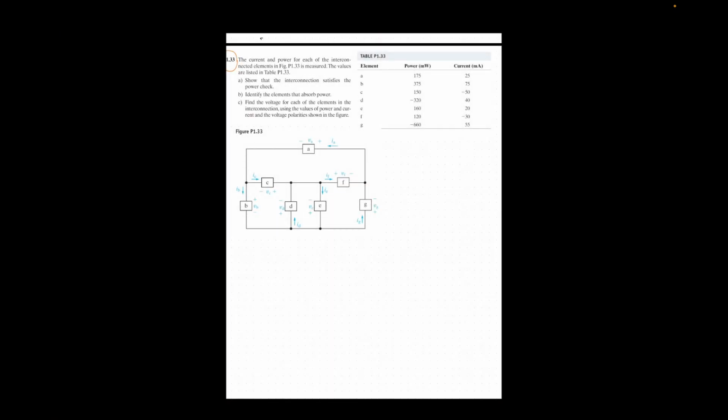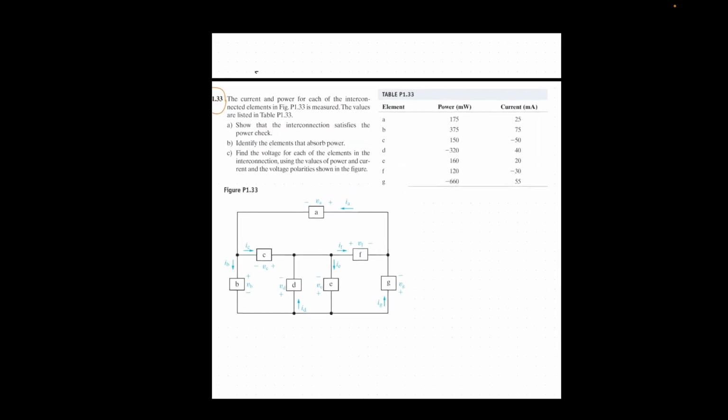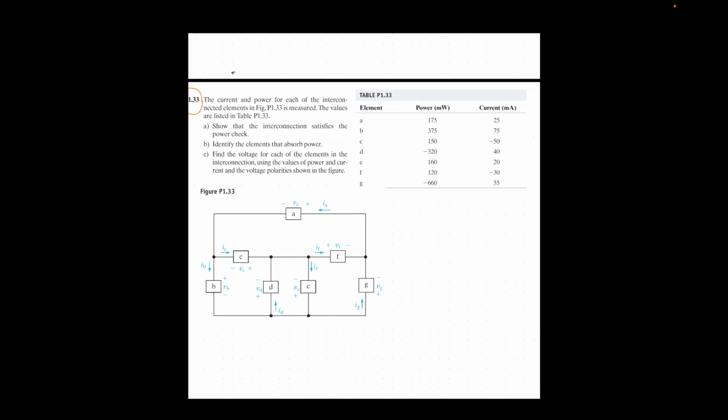Alrighty, welcome back. So, for this example, we are going to visualize and analyze this power balance for the circuit. This question specifically wants us to verify that the interconnection satisfies the power check. So, what is the power check? Let's remind ourselves the power check